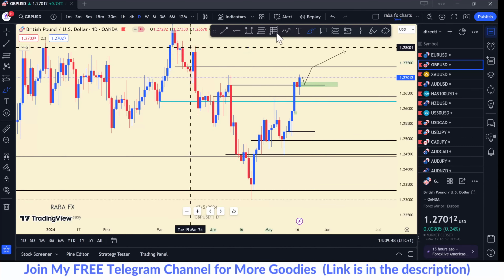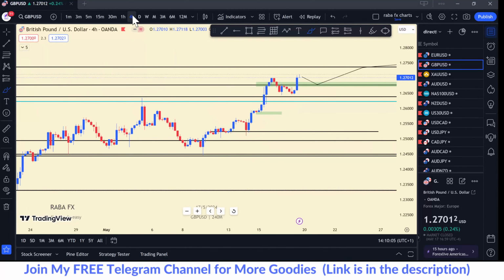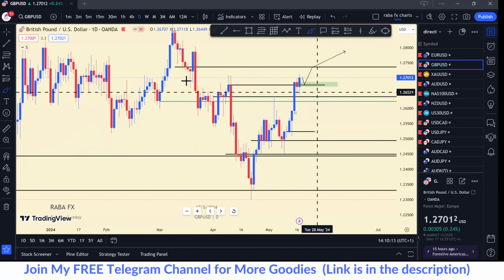Why? These are areas where we have some opening price there. Okay, so what I will do is I will position myself for a buy the moment price comes into this shaded region here. Once the trade back in, I'm going to look for buy trade, and if possible I can look for refinement in the 4-hour, okay, to give me a better risk to reward ratio.